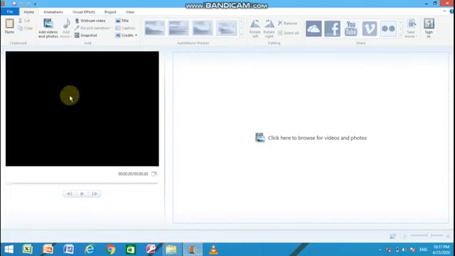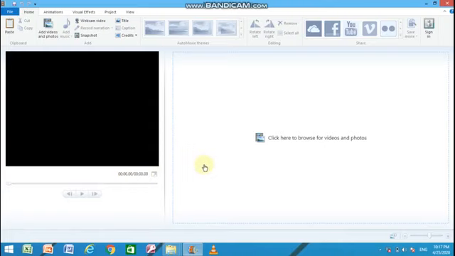Below the menu bar, there is a preview pane. This pane lets us watch our videos as we work on it. The advantage of using this pane is that we can see how the final result will look like. Below the preview pane, there is a movie control button. There is a set of 3 buttons for backward, play or pause, forward.